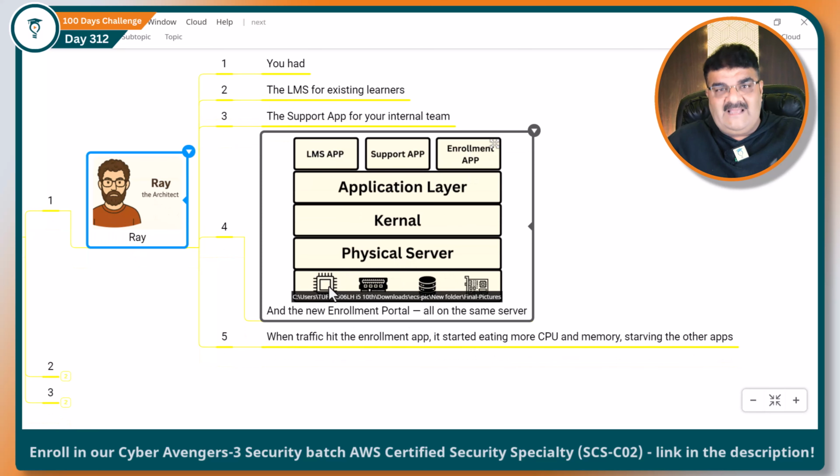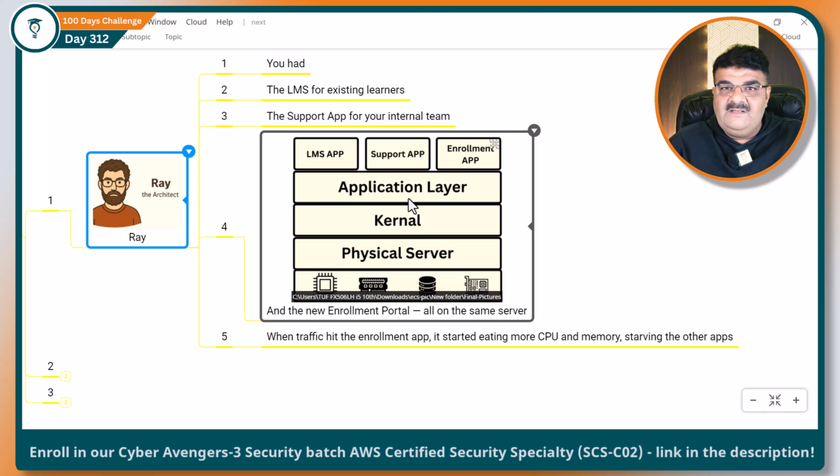Physical servers are a combination of four main hardware parts: CPU, RAM, storage, and networking. It can be a small laptop computer, a desktop computer, or even a server. When we talk about a physical server, it is a combination of all these four parts. Now on top of our physical machine, we install an operating system. This operating system has two main components. One, the kernel, which talks with the physical hardware, and the application layer, which is communicating with your